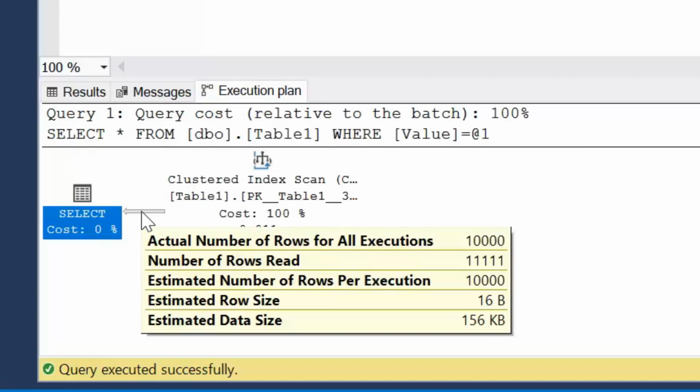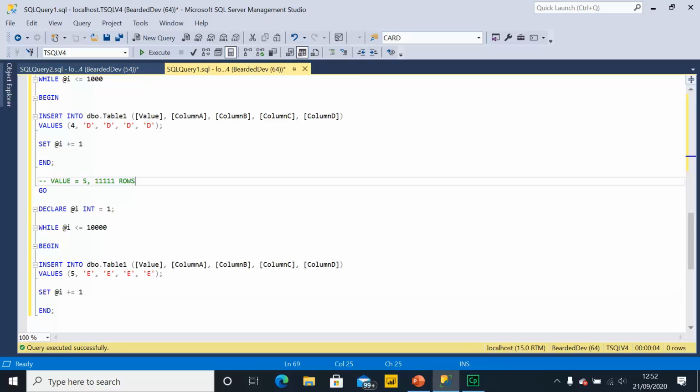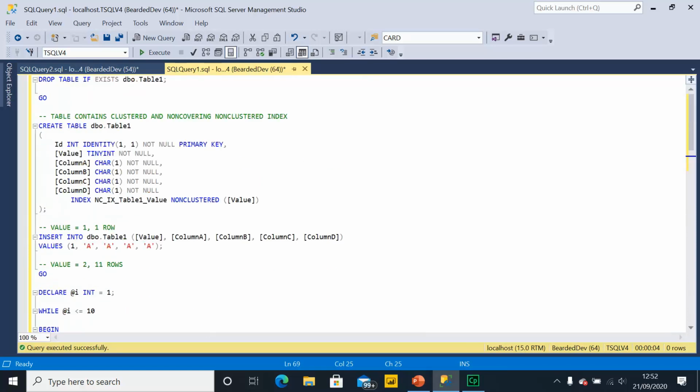As I mentioned, these key lookups can be quite costly. We certainly wouldn't be wanting to run them 10,000 times in a table that contains 11,000 rows. So I really hope you have enjoyed that little experiment there. Feel free to change the data types here. I've used very small data types. Feel free to enter